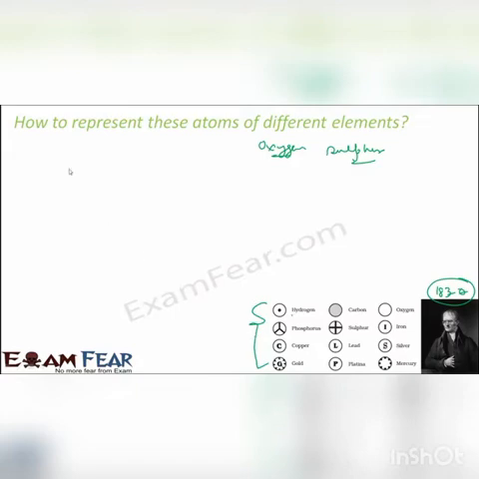But gradually so many elements were discovered. More than 100 elements were discovered. And it is really cumbersome to remember so many symbols, right? So then there were a lot of talks going on to use the first and the second letter of the name of the element to give the symbol. And this idea was proposed by Berzelius. He suggested that let's use the first and second letter.